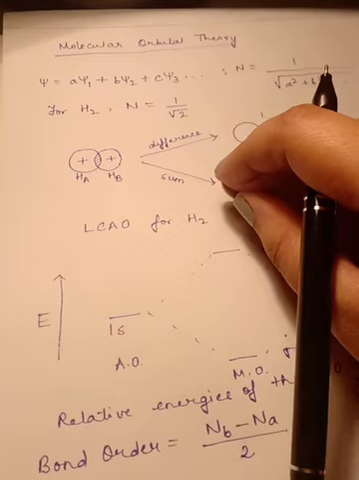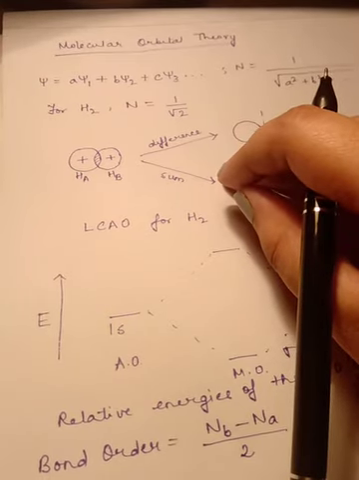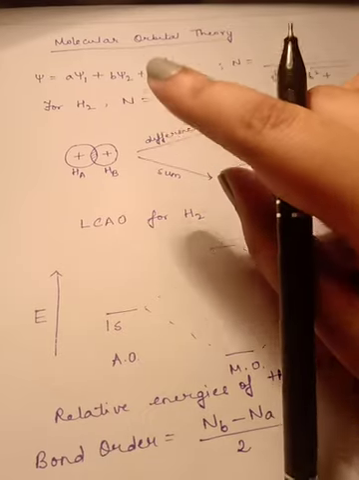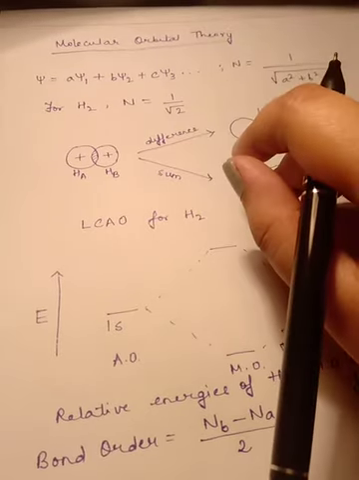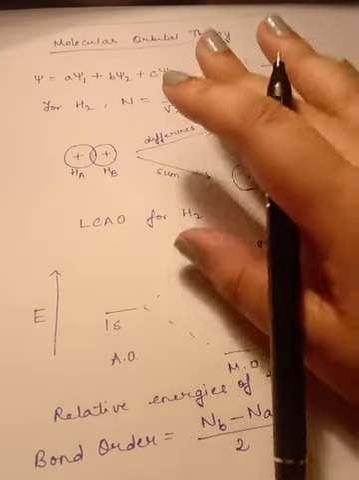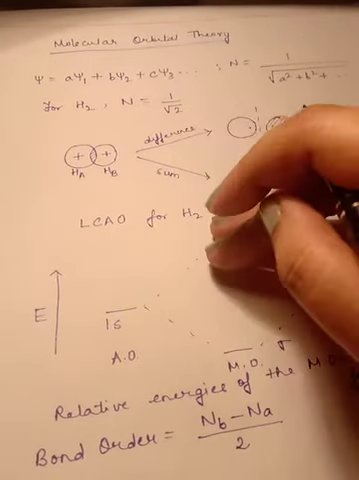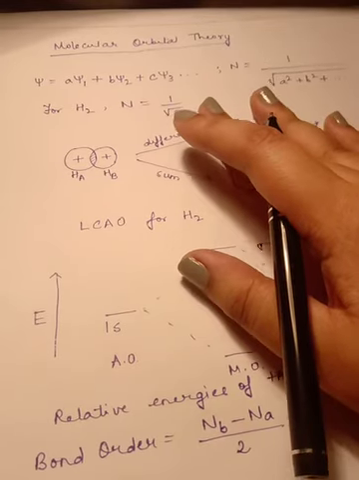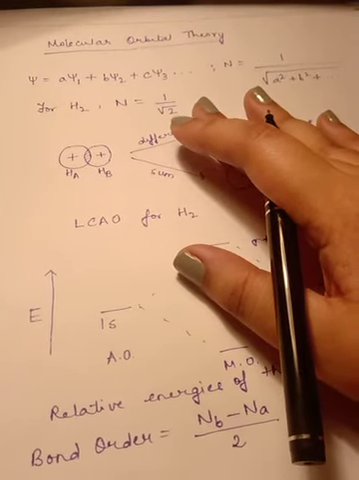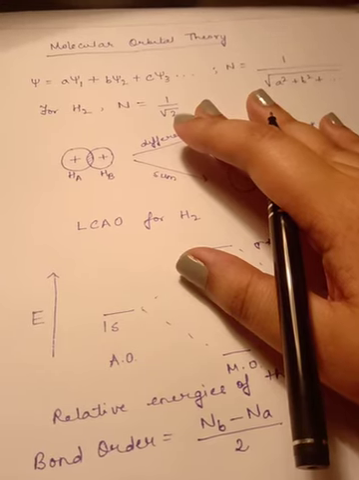So what that means is, for example, a molecule like H2 is formed by the combination of one H and another H. Since there is one electron in each H atom, the H2 molecule has two electrons which will be accommodated in the molecular orbitals. The second point states that atomic orbitals of comparable energy and proper symmetry combine to form